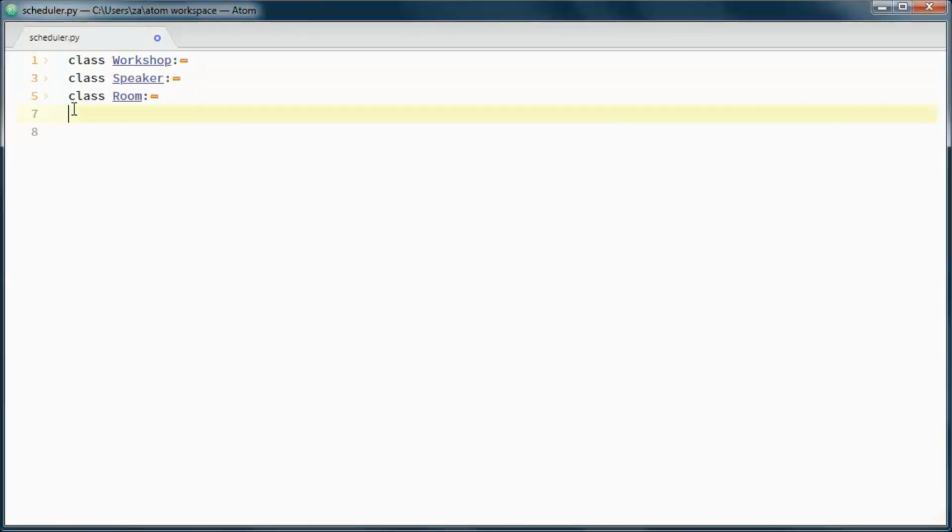And this will represent the time when the workshop can be scheduled.